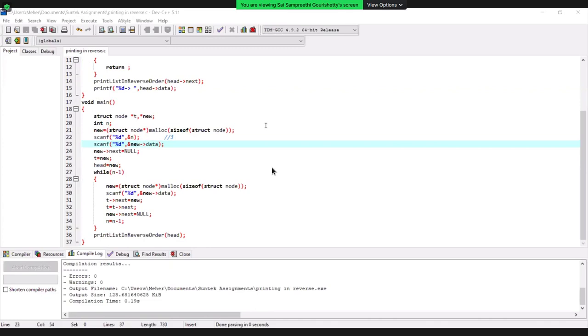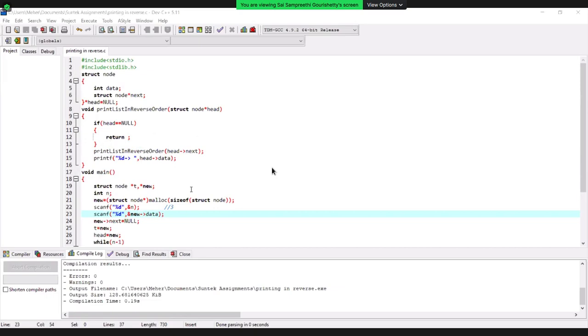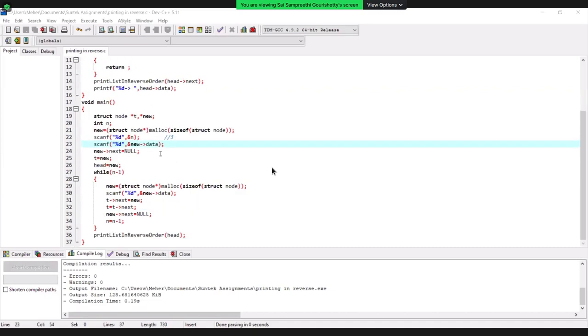Sir, I thought it was just printing the list in reverse order. That's why I took the recursive function. Firstly, I declared the structure, sir, which contains the data part and the pointer address part. After inserting the nodes, I'm calling a recursive function for printing the elements in reverse order.